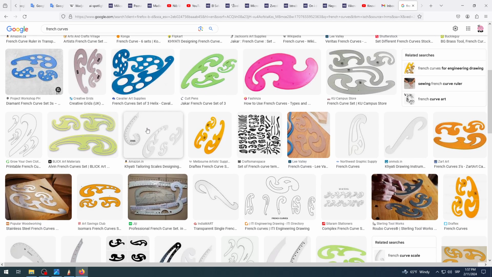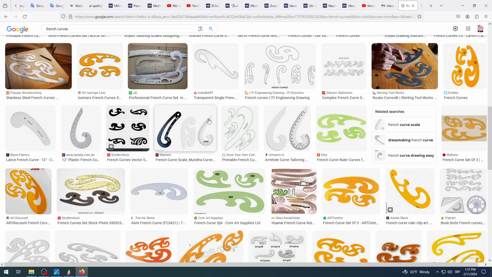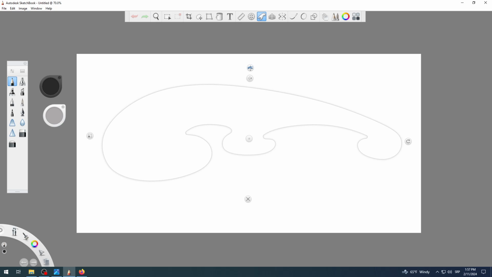And these tools again are made in real life. This isn't Autodesk Sketchbook only. Autodesk Sketchbook put it here to mimic real life, to make it easier for you to work and to transfer from real life architecture and fashion design into this digital